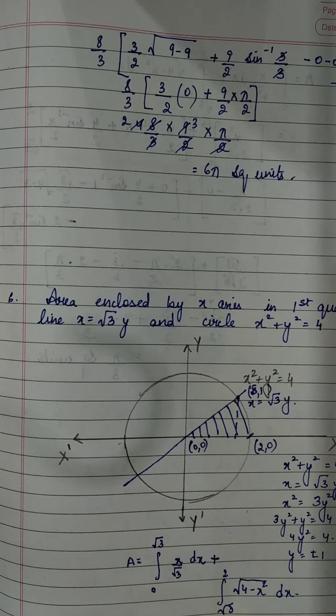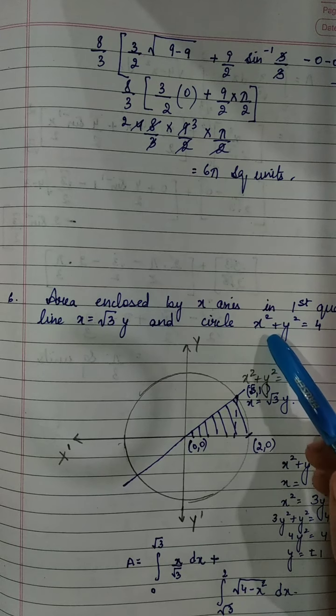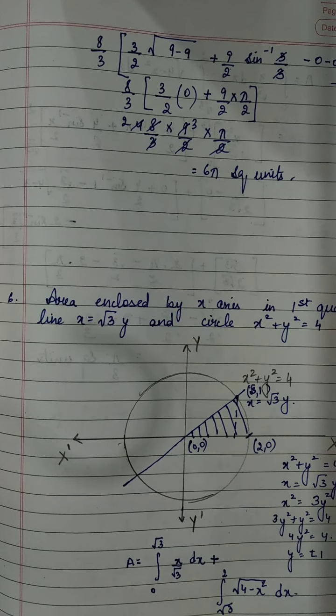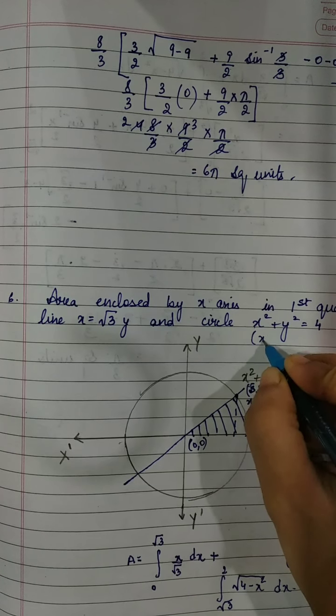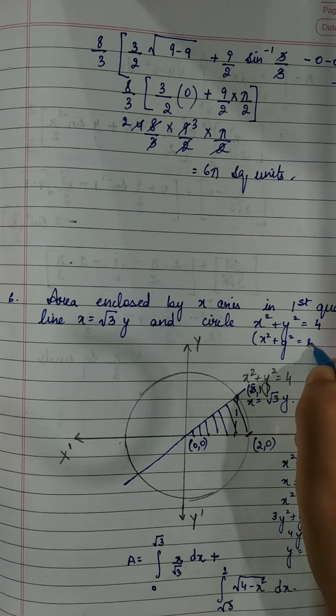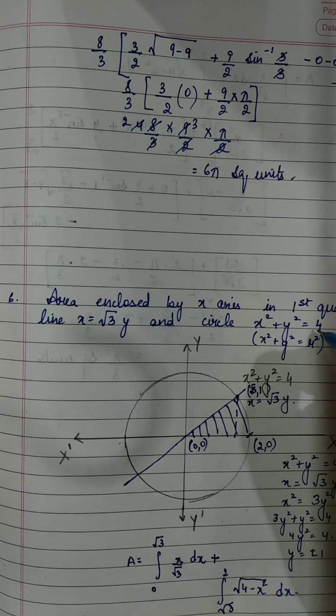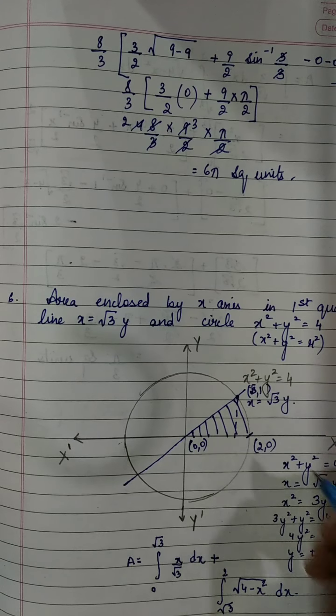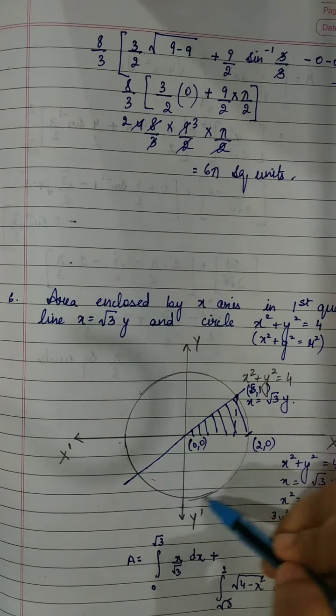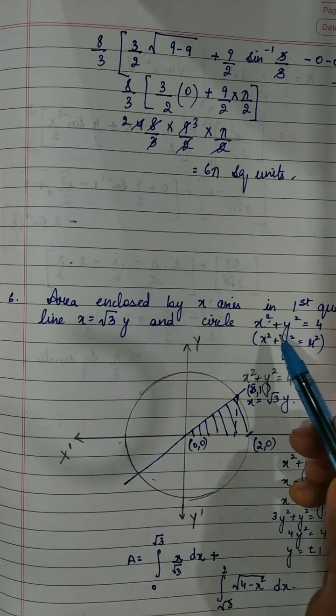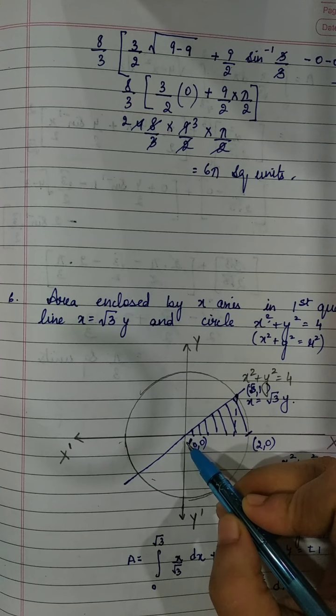See, in class 11 we have already done the general equations of parabola, ellipse and circle. So looking at the equation, you must be able to recognize which particular figure we are talking about, right? So x square plus y square is equal to 4. Remember, what is the general form? It is x square plus y square is equal to r square. So it must click directly that r square is 4, so radius is 2. And remember, this particular equation of a circle is with center at the origin, right?